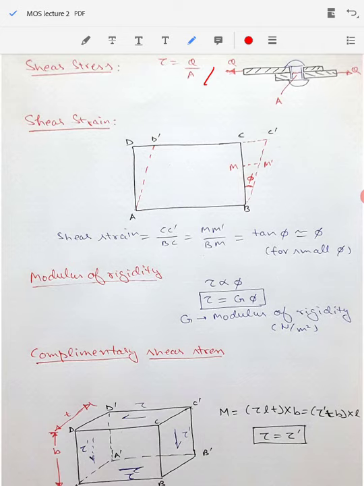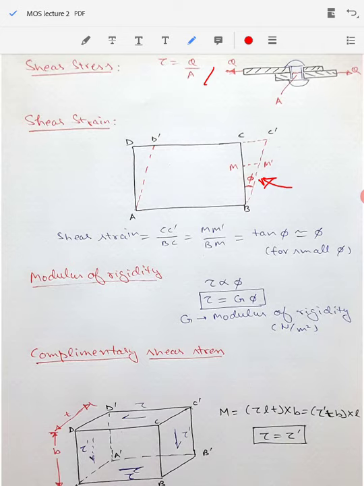Now let's talk about the shear strain. Because in shear, one plane tends to slide over another plane in order to cause the failure. Therefore, if we take a small elemental part of this rivet at the juncture of the failure, we can say that this is ABCD. This will deform from ABCD to ABC dash D dash. The angular deformation that is taking place is given here as phi.